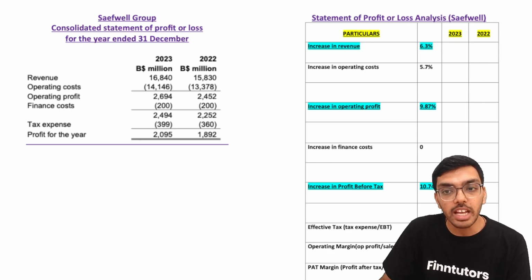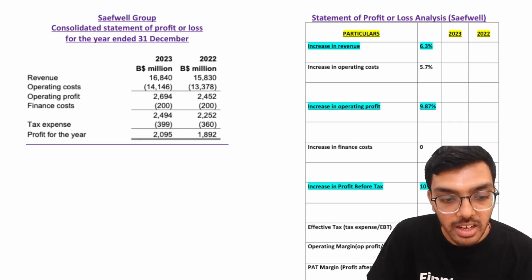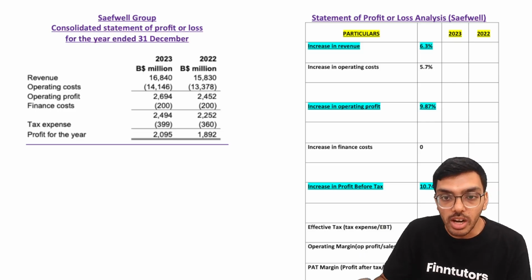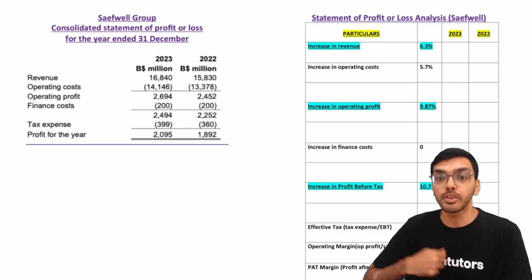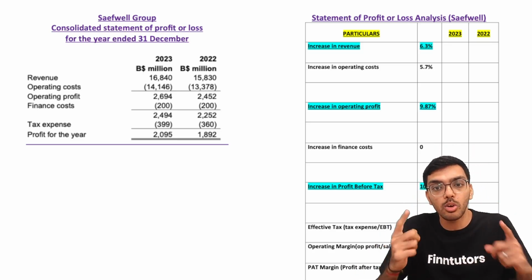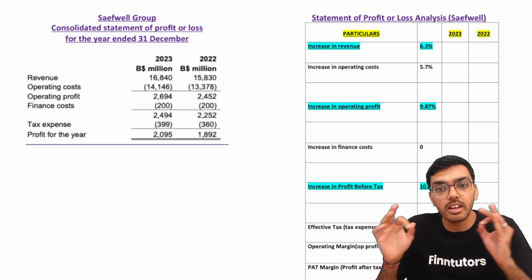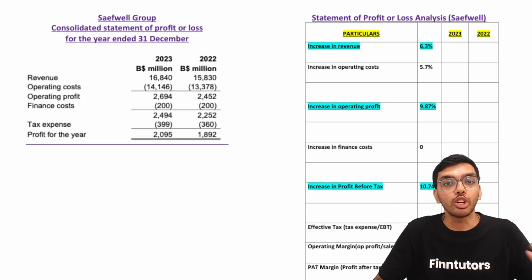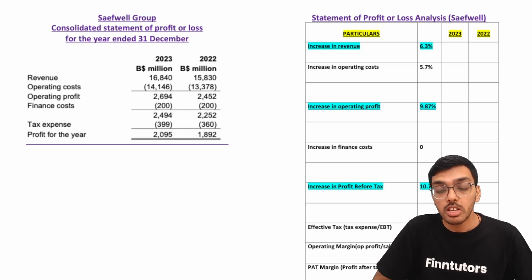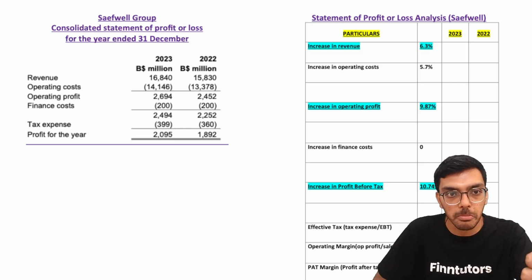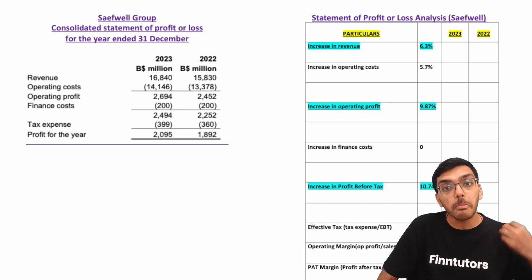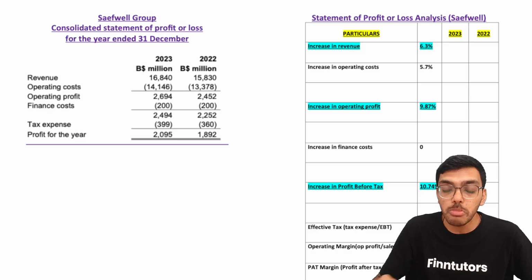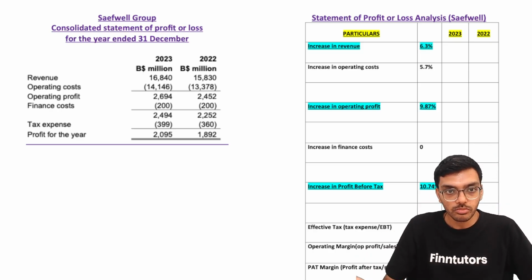So a very good sign for my business is that we are moving forward in the right direction in terms of revenue increase. But if I want to further push my revenue forward, I know I need to focus on intelligence-led services. So this is your statement of profit or loss analysis. See, first we looked at absolute numbers, but second I gave you my explanation, my analysis on those numbers to make your life much easier.